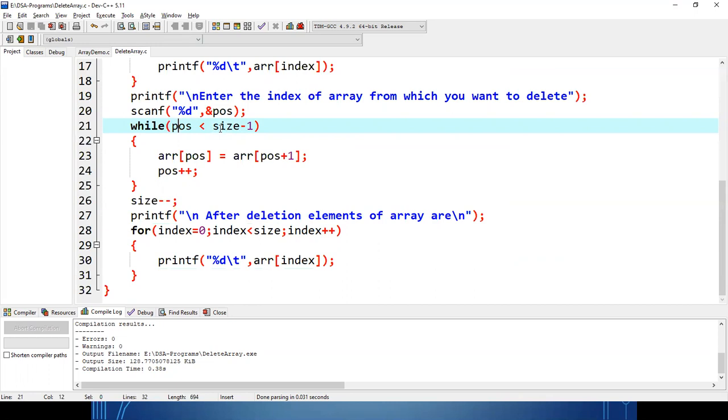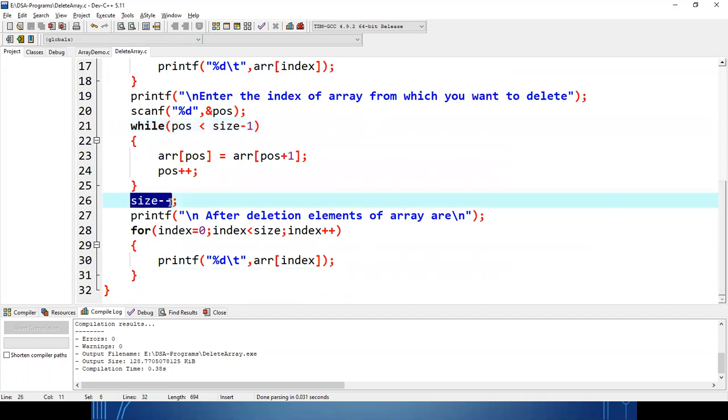All the elements from the right hand side, we are shifting 1 left. Okay, and the last value will be doubled or repeated. So to avoid the duplicate of values, you are just reducing the size by 1, because one element we have already removed from the array. So after deletion, again you are displaying the values like we normally display the values of the array.